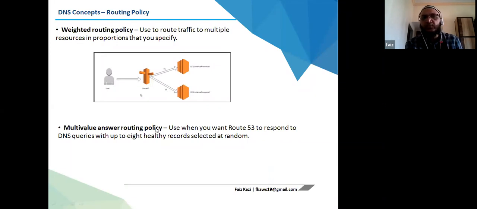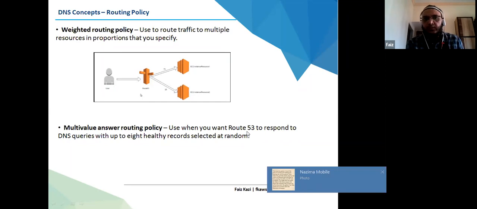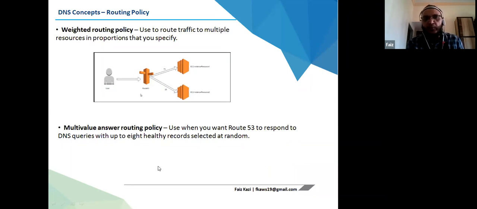We have multi-value answer policy, used when you want Route 53 to respond to DNS queries with multiple values. So like you will have up to 8 healthy records. If one fails, it will go to the second; if the second fails, the third, and up to 8 healthy records will be selected in a random way.